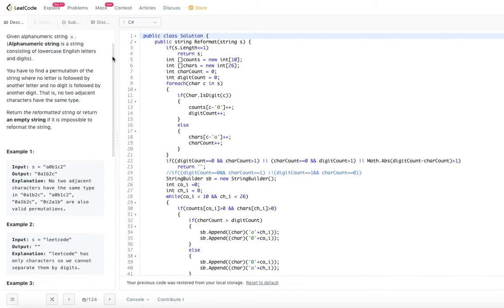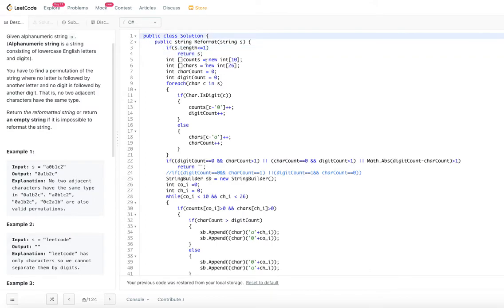If the string length is less than or equal to 1, you don't have to do anything. It could be even a single letter or single digit. It's a valid permutation, you just give it. We have a problem only when the string length is greater than 1.